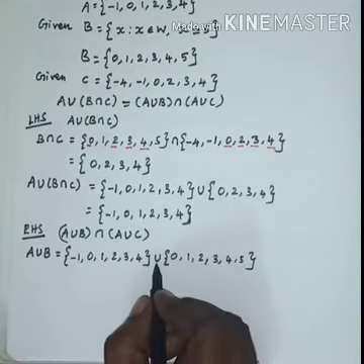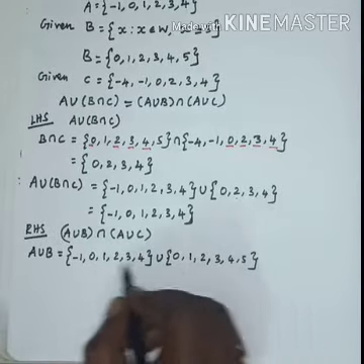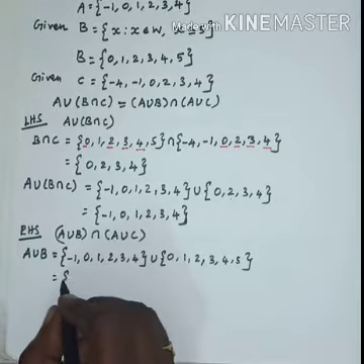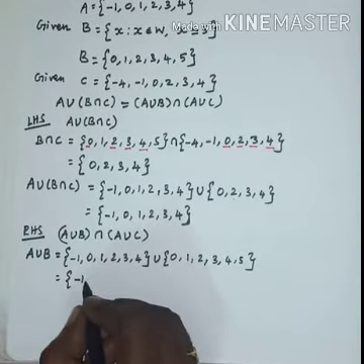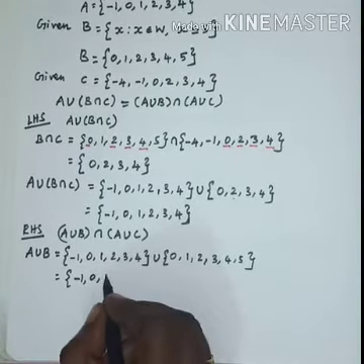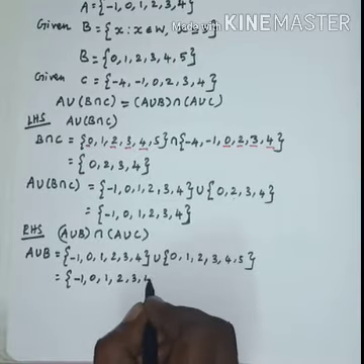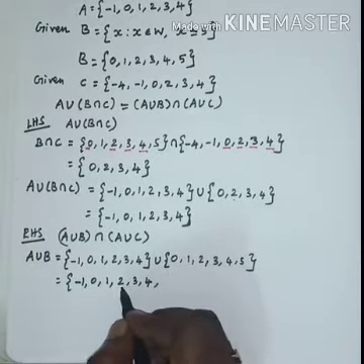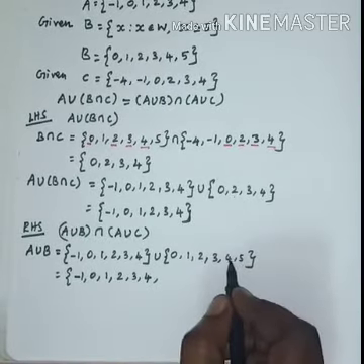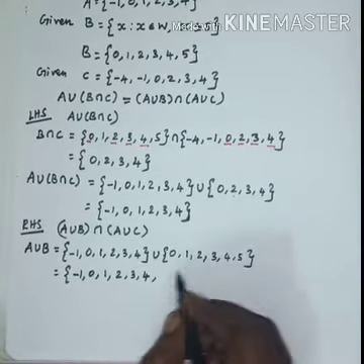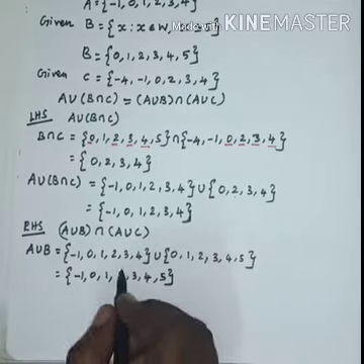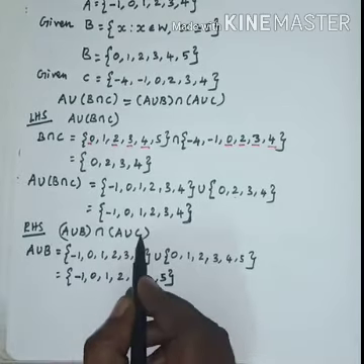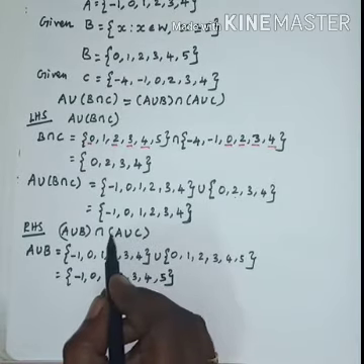Okay, now the union symbol is given here, so we have to combine these two sets together. So what are the elements? We have to write the first set fully. In the first set we have -1, 0, 1, 2, 3, 4, and then here 0 we already wrote, 1 we already wrote, 2 already wrote here, 3 also already wrote, 4 already wrote here. So now 5. Right? 5. This is your A union B, and then in the right hand side we found A union B. Next we have to find this A union C.